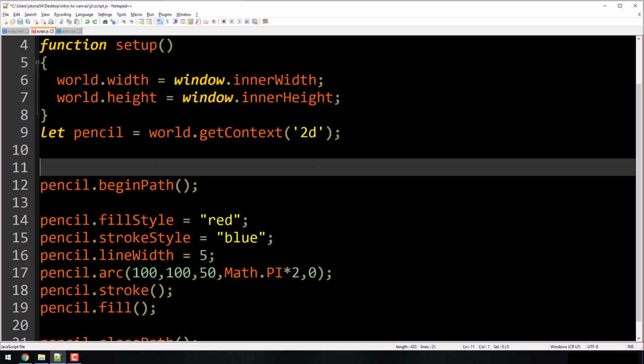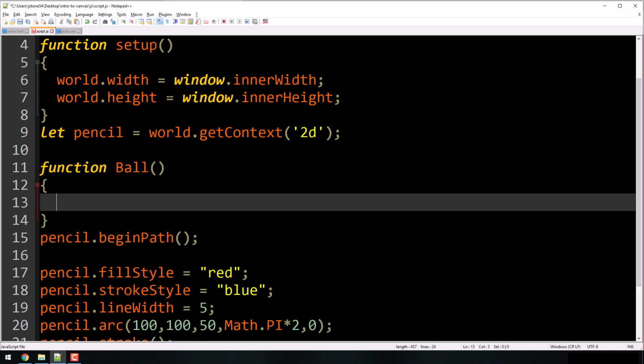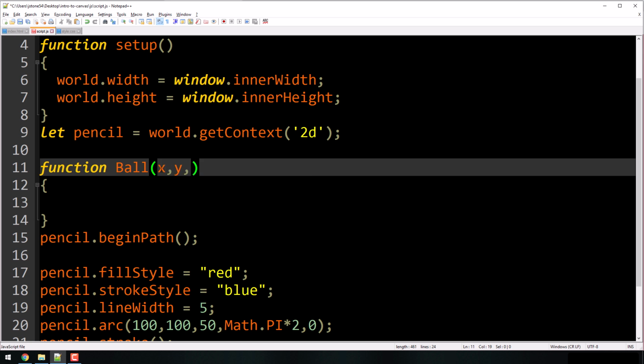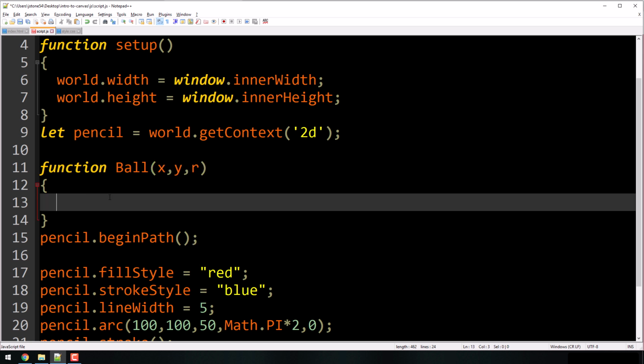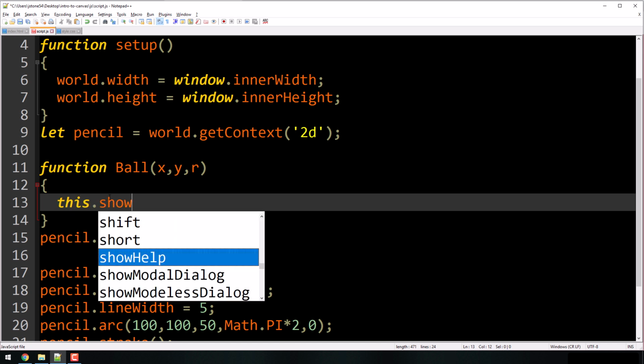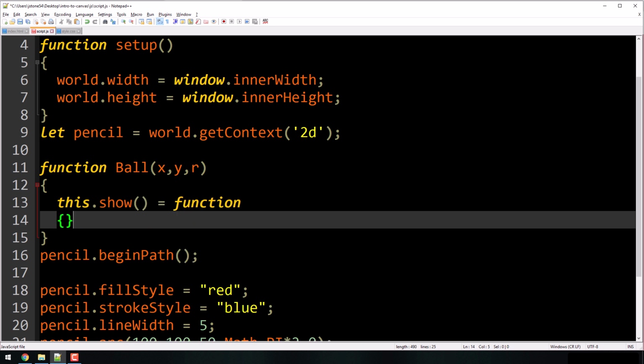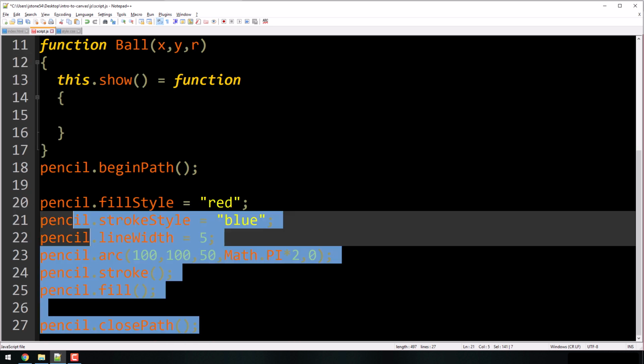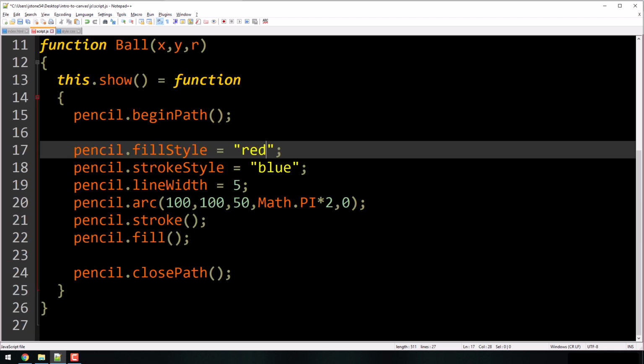We're going to use the old school JavaScript function Ball, right? And we're going to pass into it an x, a y, and a radius. And then we're going to create a function called this.show, or something, equal to a function. And that's going to draw this code right here. All right, so let's just pause at that moment. Make sure we understand that code right there. My function's not complete. My class, this is actually a class, is not complete yet. But what I've done is I've just created a method called show, so I can eventually say ball.show or whatever, right?